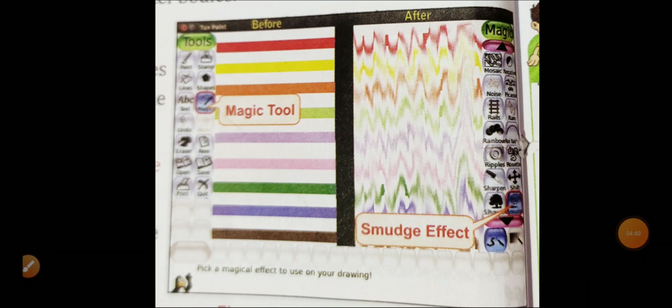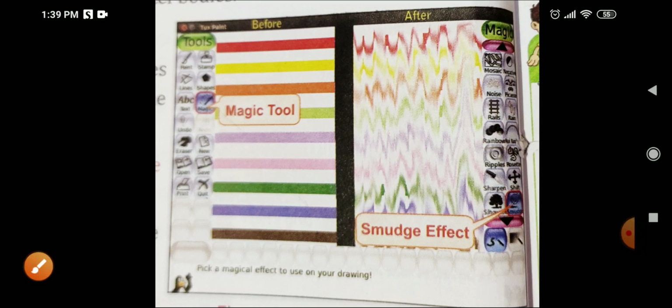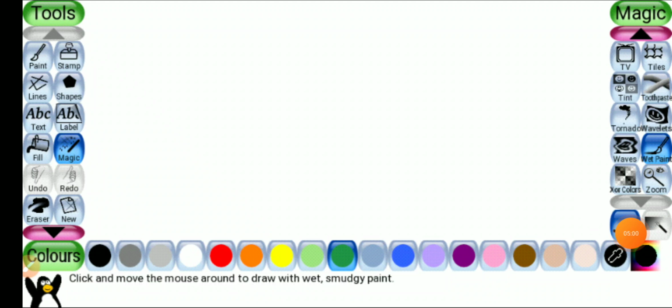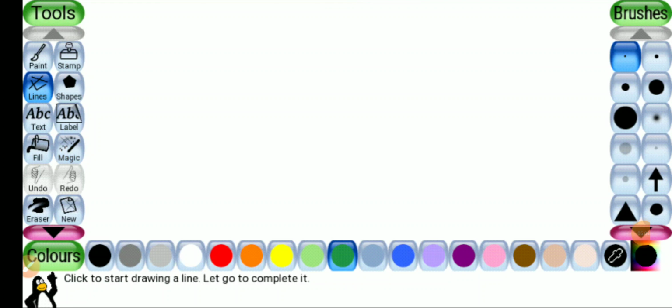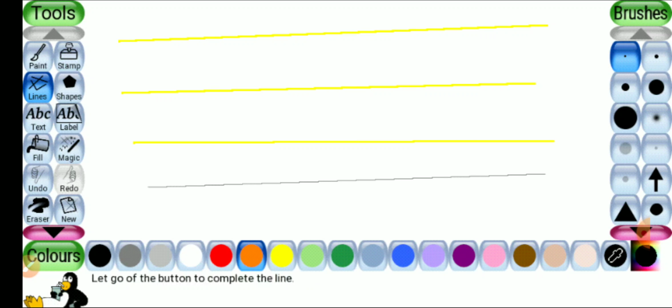Next tool is smudge effect. We will draw some colorful lines and then click on smudge effect tool and we will create this kind of smudge effect in our drawing. Now let us see practically. First we will click on lines tool, choose a color and draw lines. Use any color,